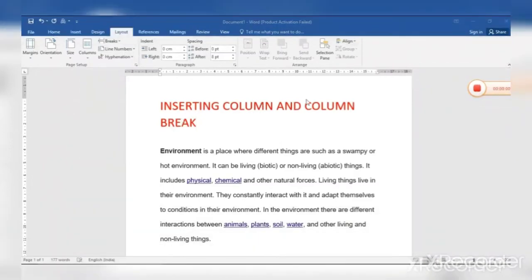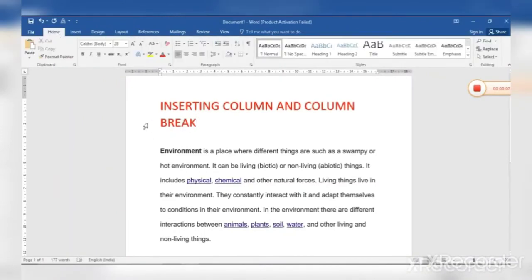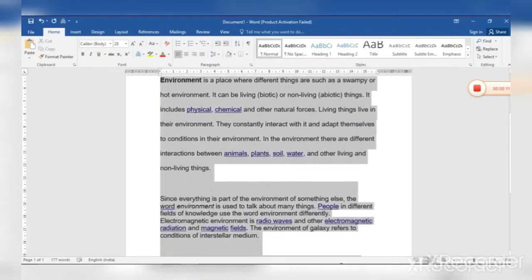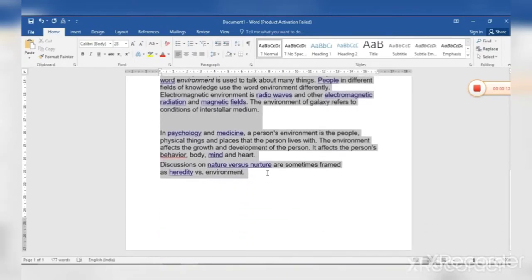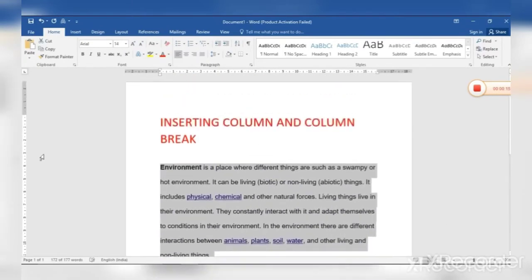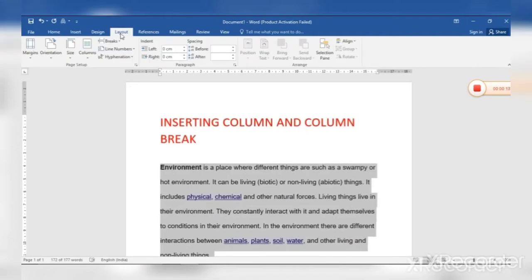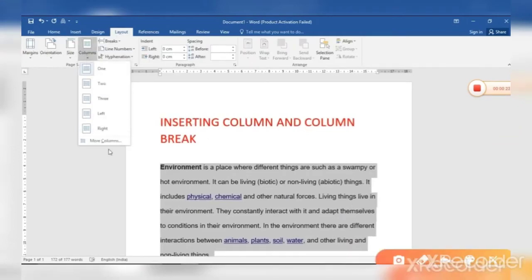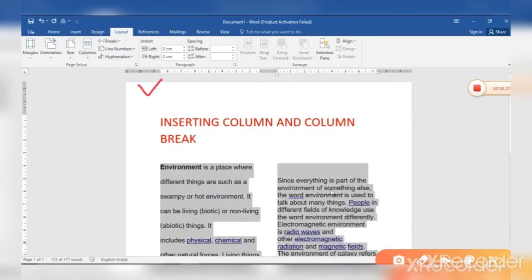As you can see, you can insert columns by going to the home tab. First, you have to type the content. You have to type a paragraph or anything you can type and then select whatever you have typed. I have selected 3 paragraphs which I have typed. Then go to the layout option. You can see here, this is the layout option. And here you can see the column option. Select any type. I am selecting 2 columns I want to make. You can see there are 2 columns now. So this is how you can make columns.